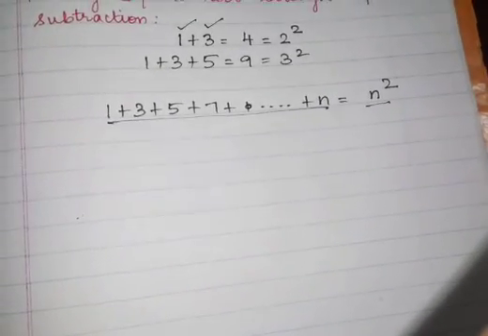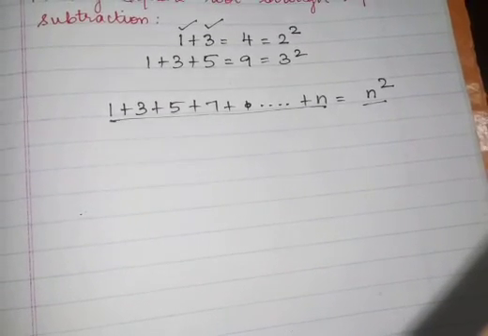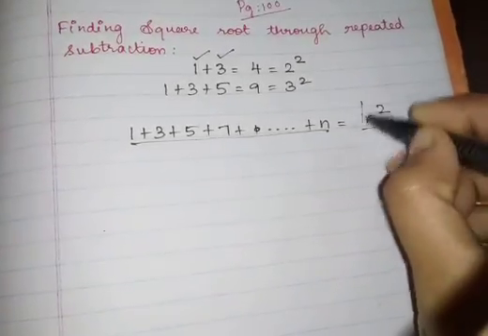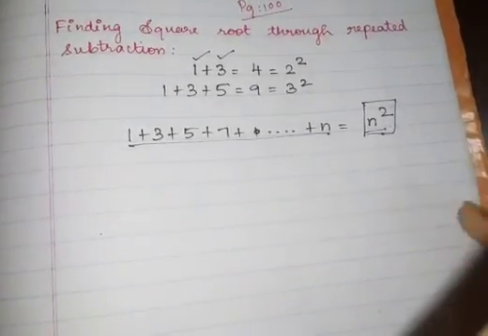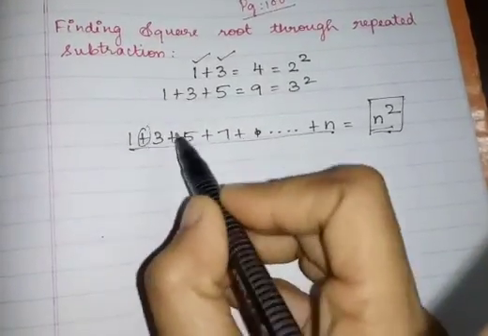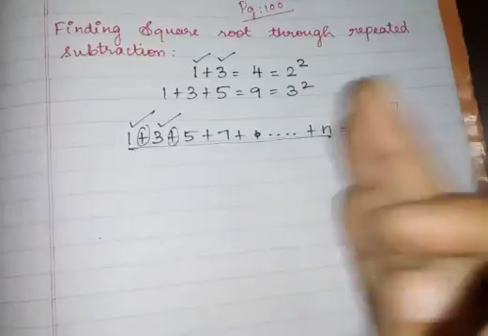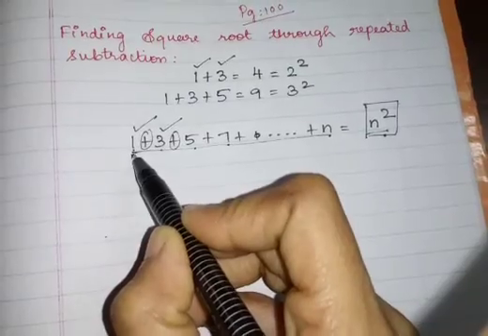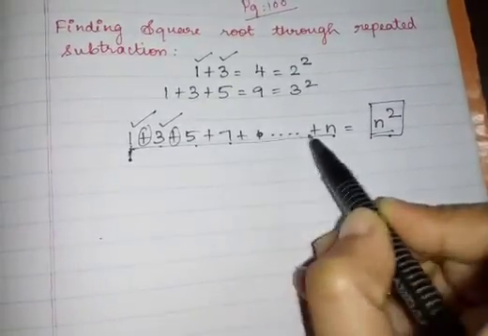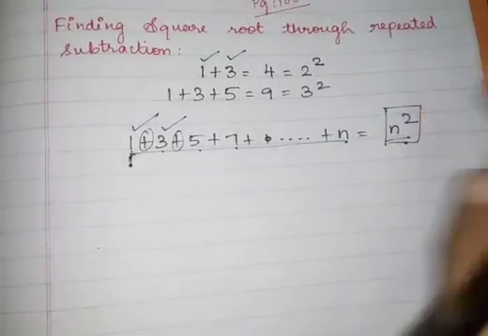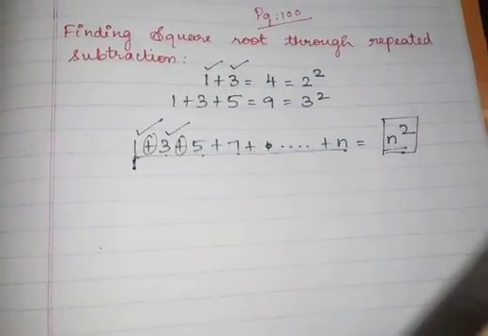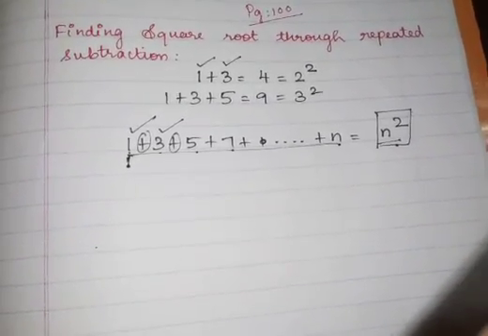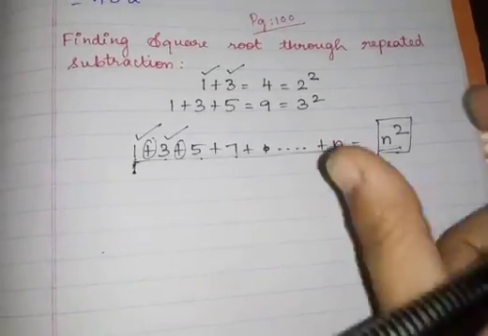So every square number can be expressed as the sum of successive odd natural numbers starting from 1. Successive means the next odd numbers. You have to start from 1, then if you add the next odd numbers, you will get your square number. So this is the concept. Now how will this be helpful for us to find square roots? Now we are going to learn how this is going to help us.